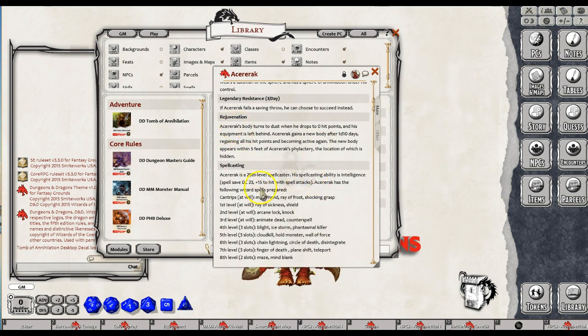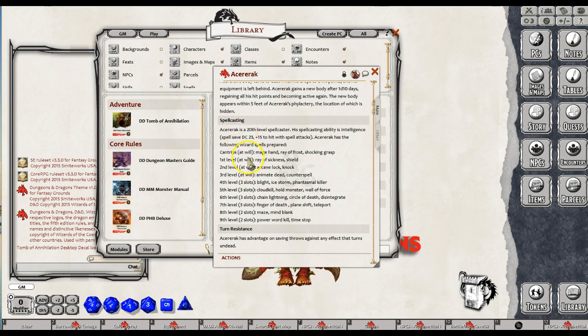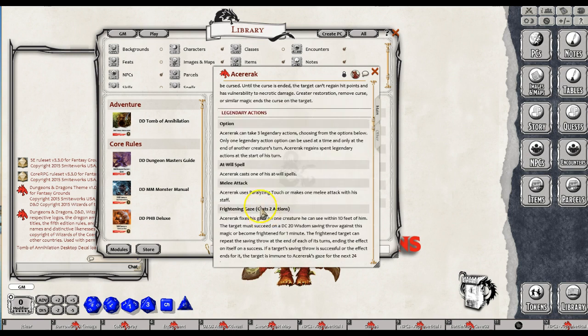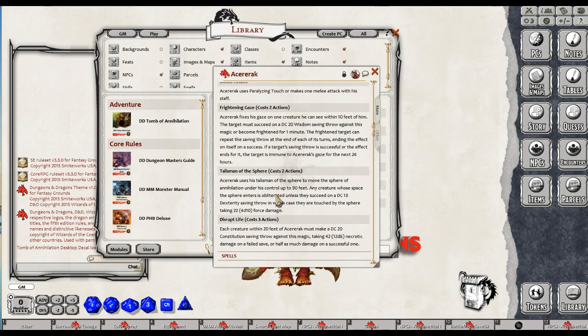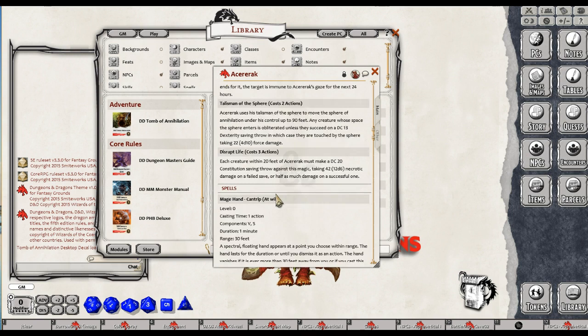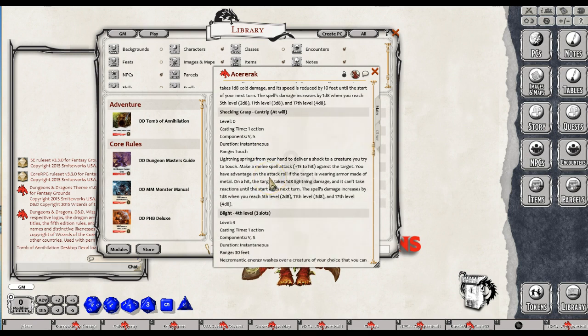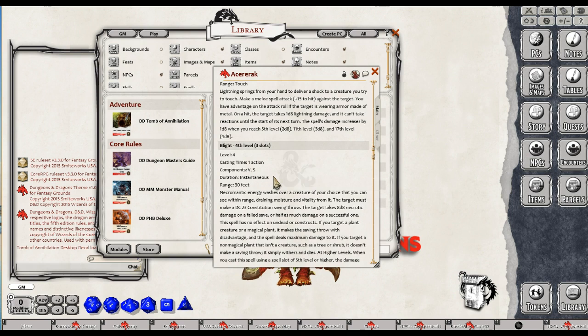In addition, he has a spellcasting section here which tells all of the spells that he has, and then if you scroll down further, you'll see his actions. If I hover over the different actions, it will recognize what his attack actions will be, and then what the damage portion will be. You can grab all of those, drop it directly on a target, and it will automate that for you as well. So it has all of his major actions, it has all of his spells, the complete description of all of the spells,